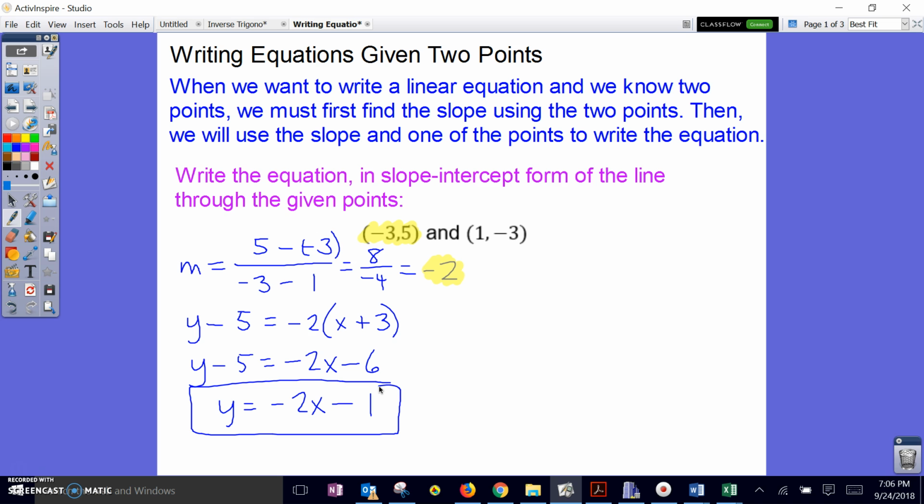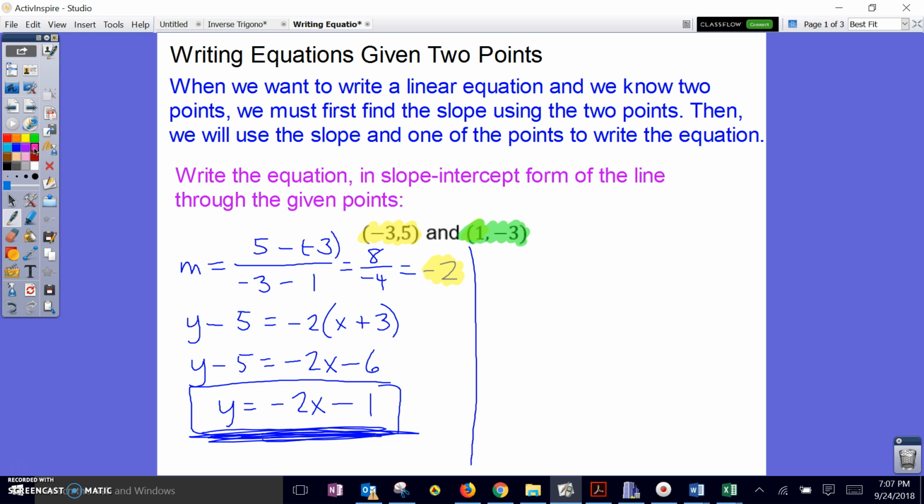Now at this point, some people might be like, well, Mr. Thomas, I didn't want to pick the point negative 3, 5. I wanted to pick the point 1, negative 3. Won't I get a different answer? And while we might start with a different equation, when we convert it over into slope-intercept form, we'll end up with the same answer. And I just want to show you that that's the case. You know, we already have our equation, we found it. But just to show you what would have happened, a what if here,